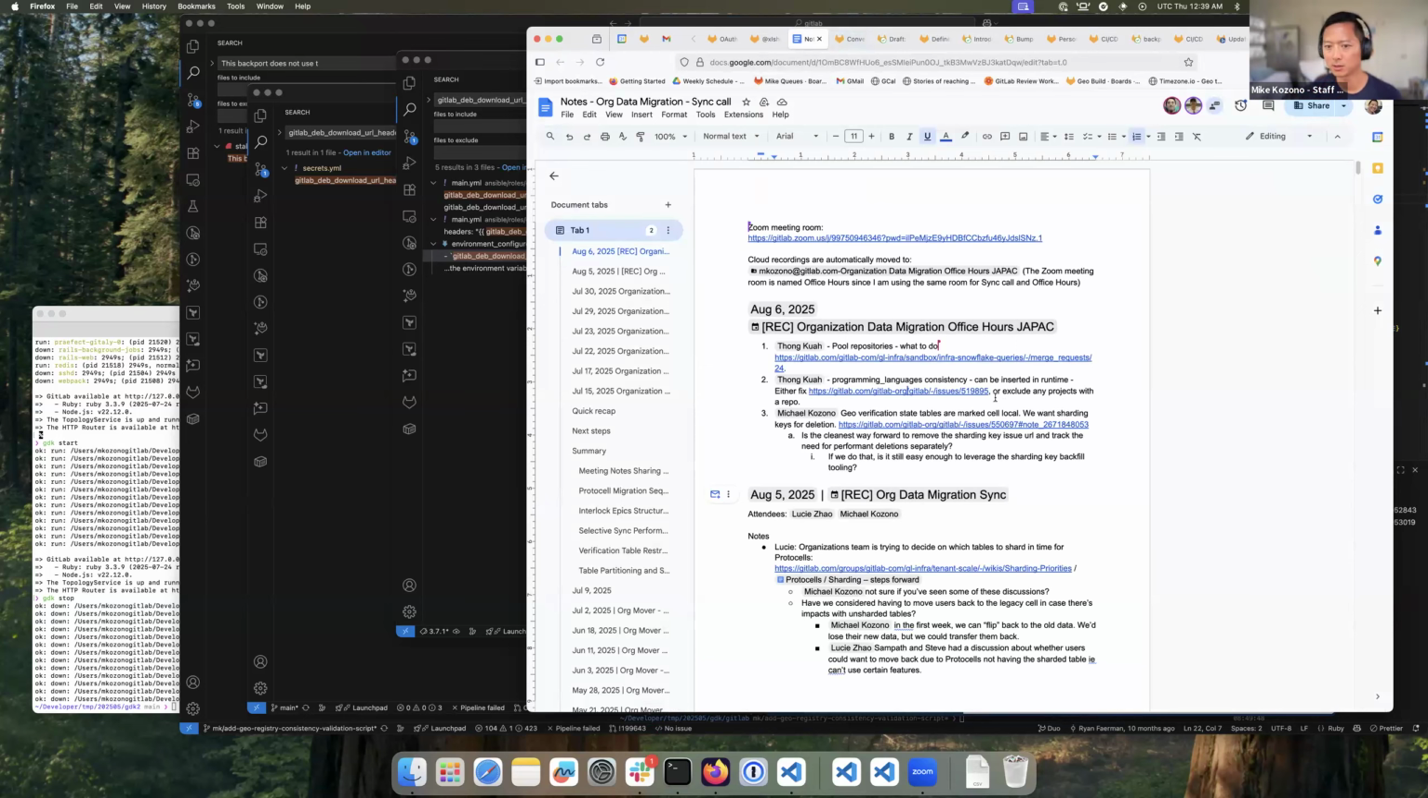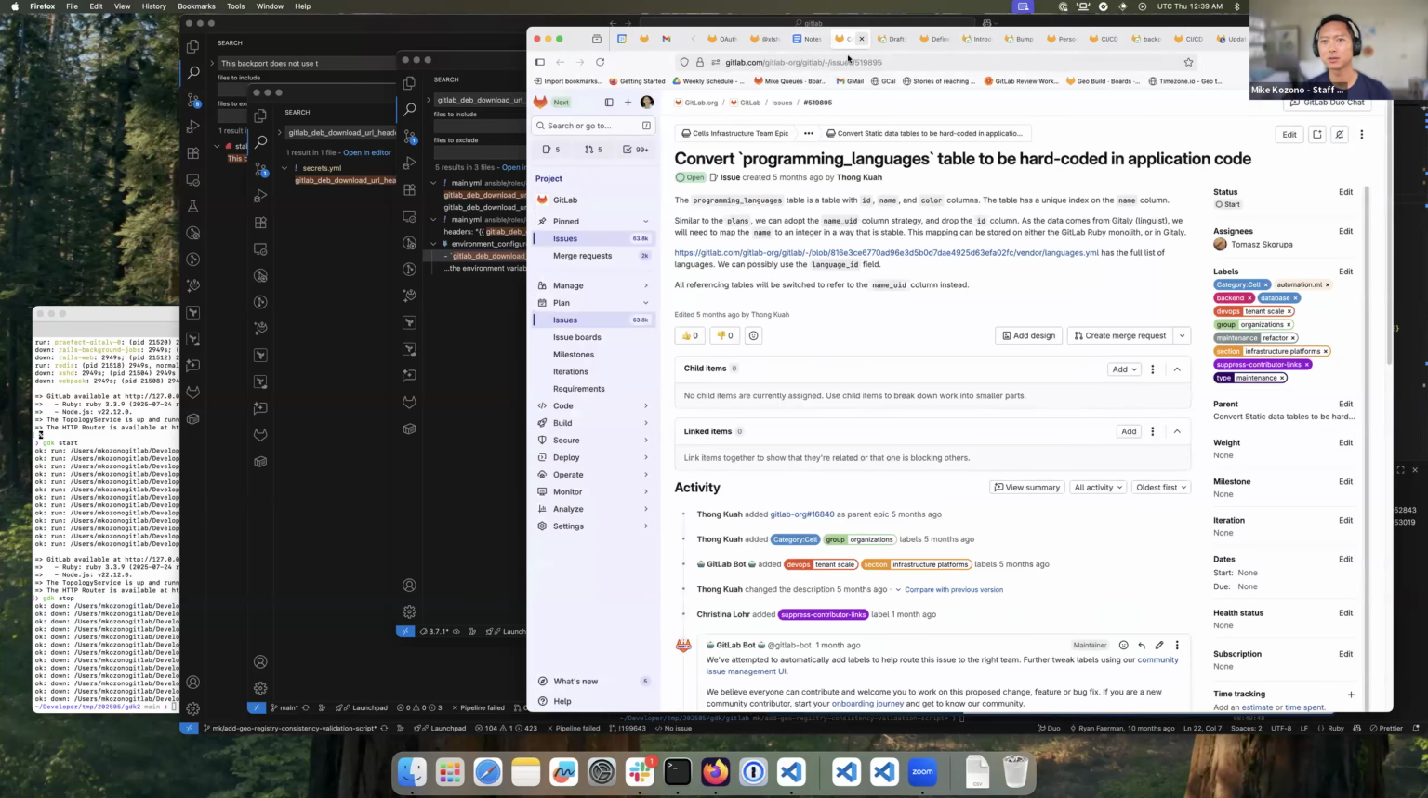So then you have the programming languages issue. The next one is programming languages. This is even more interesting. At first, it seemed like a basic thing where there is a table called repository languages, which stores